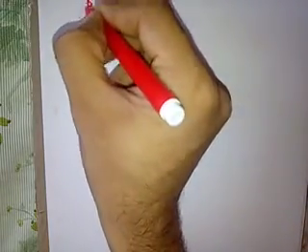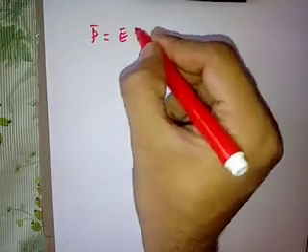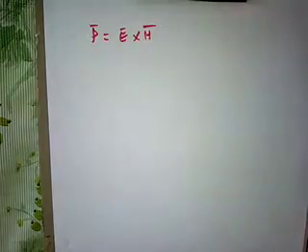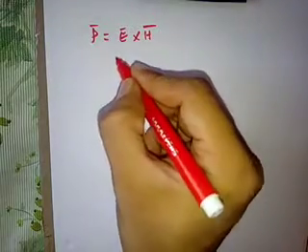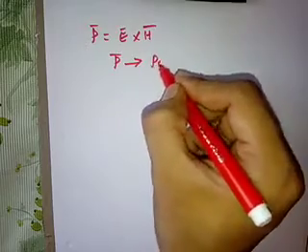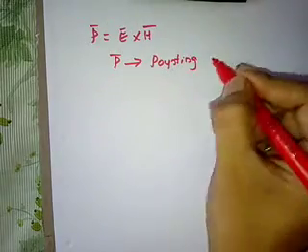Welcome back, students. So I was discussing the Poynting vector and Poynting theorem. If we want to find the power density, then we need to take the cross product, right? Then only we will get the power density in a particular direction. So P bar will be equal to E bar cross H bar, right? We have to take the cross product, where P bar is called the Poynting vector.